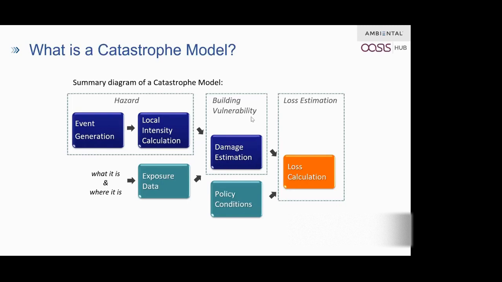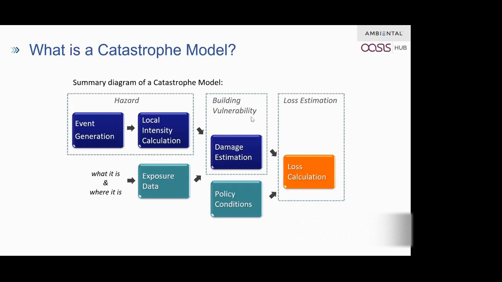Going forward, in the damage estimation component where the vulnerability is the key, the vulnerability function varies for each building. For instance, it will change based on various building characteristics, such as construction type, age of the building, height, occupancy type and so on. We will discuss how this vulnerability influences the CAT model results maybe after 4 or 5 slides from now. Last but not least, all these things tie into the expected result, which is the loss estimation.